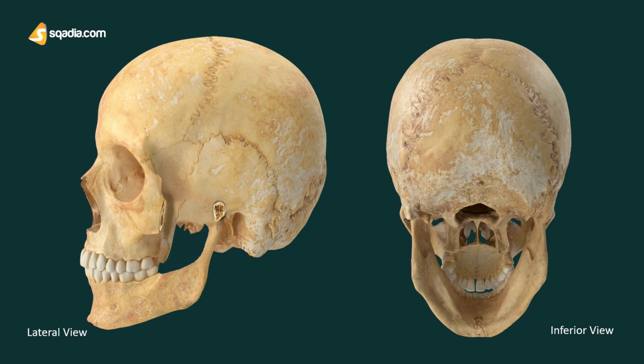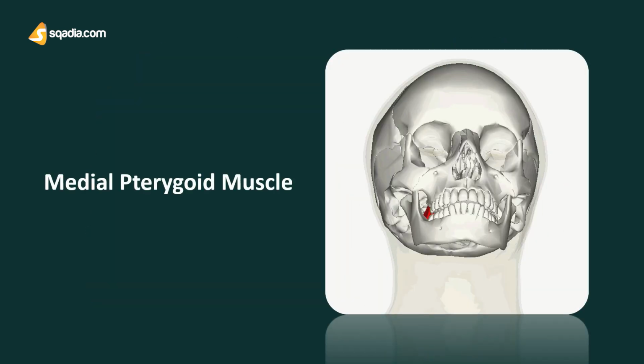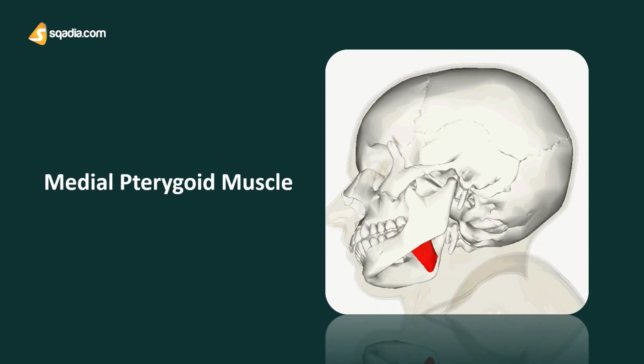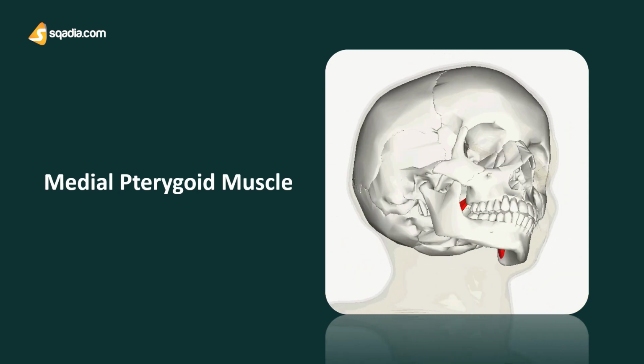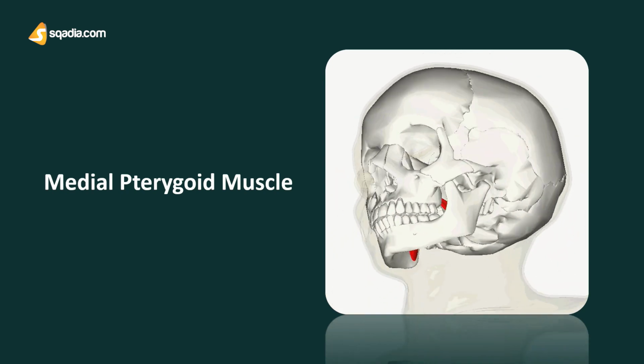The medial pterygoid has two heads. The larger deep head originates from the medial surface of the lateral pterygoid plate of the sphenoid bone, and the smaller superficial head from the tuberosity of the maxilla and pyramidal process of the palatine bone. Both have insertion on the medial surface of the ramus and angle of the mandible. So the medial pterygoid muscle along with the masseter allows the jaw to move in a vertical direction as it